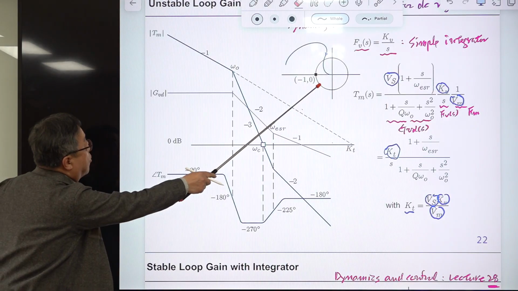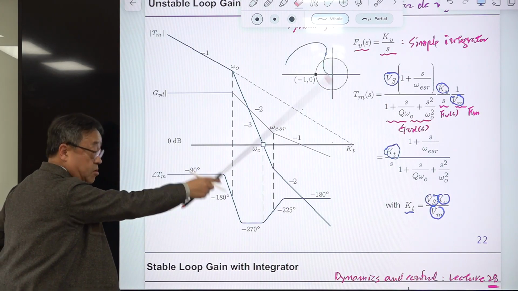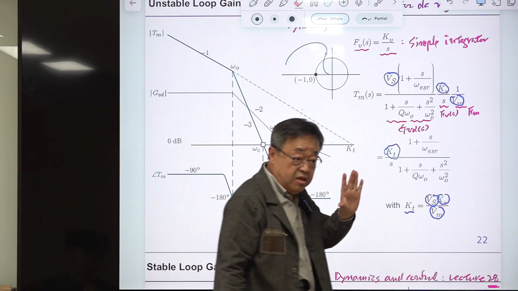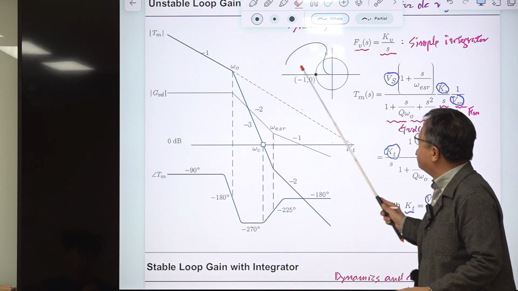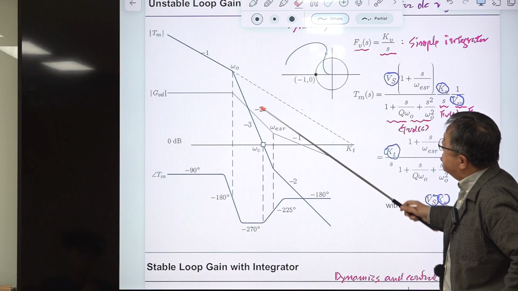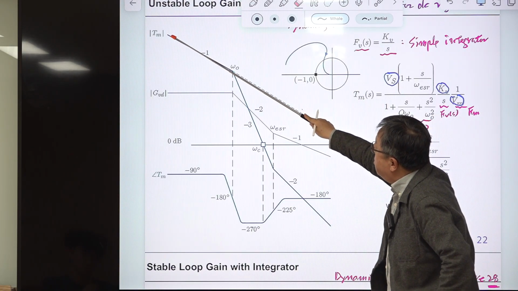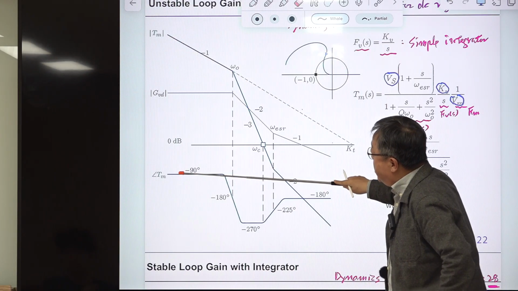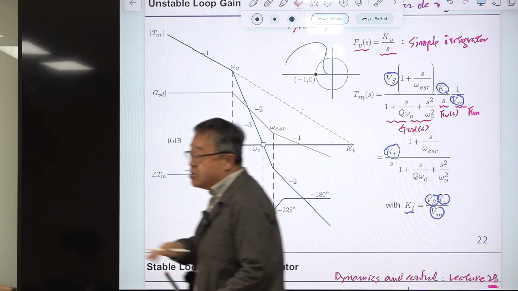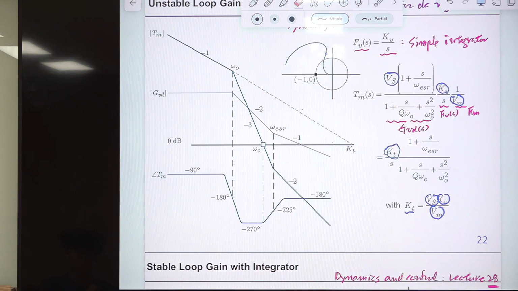This is the polar plot of this loop gain. You know, the Nyquist analysis, okay? This is a part of it. So just plotting this at low frequency, loop gain magnitude is very large, and the phase is minus 90 degree. So it came from somewhere here. So let me extend this. Okay? This is the minus imaginary axis. So originally it was coming from somewhere here,